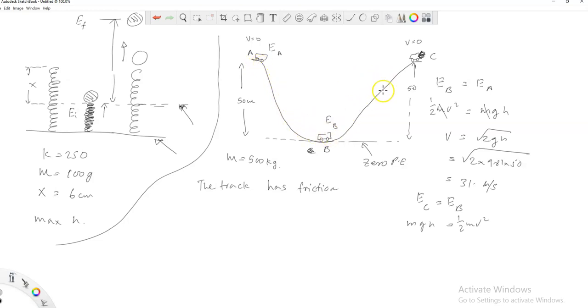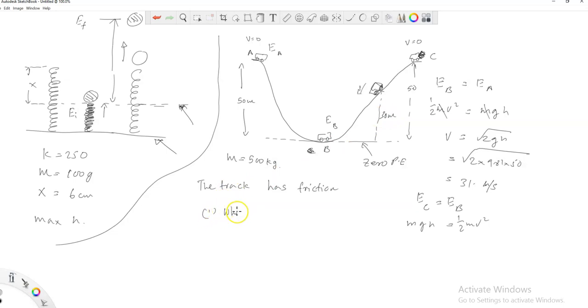So as a result, let's say it goes only 30 meters up. It comes to this point, and if you don't apply brake, it's going to roll backwards, right? So the maximum height it can climb is 30 meters. So the question is,